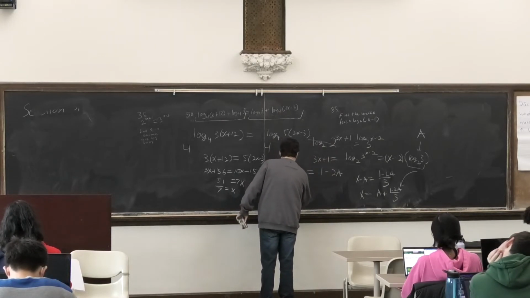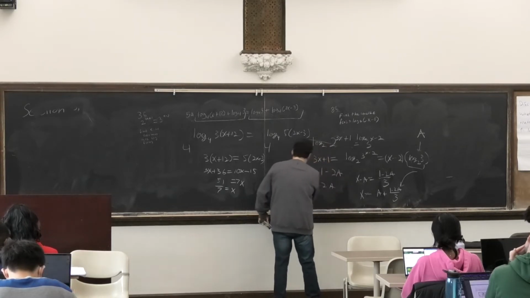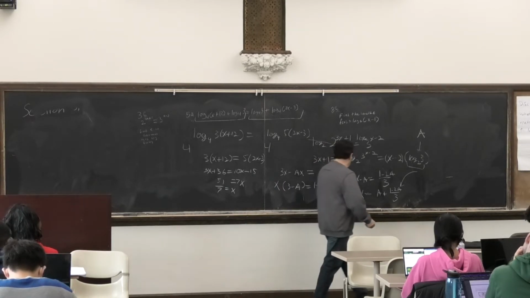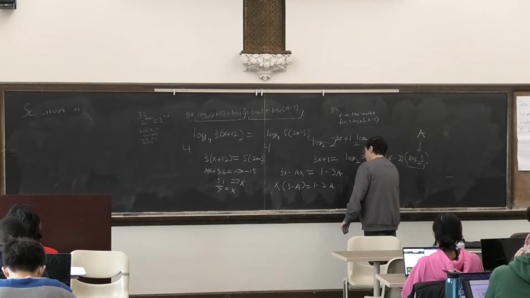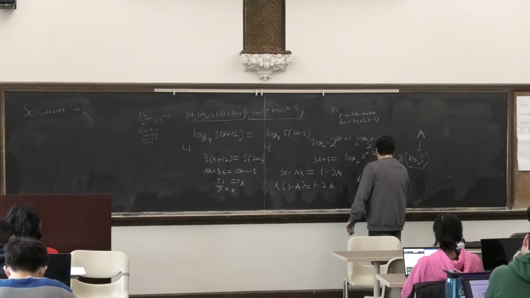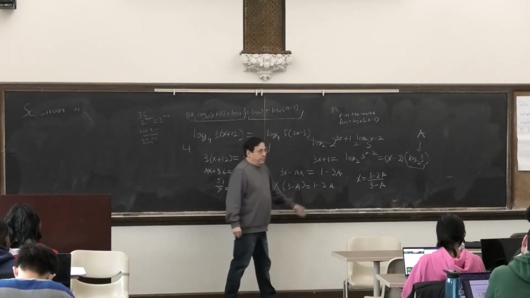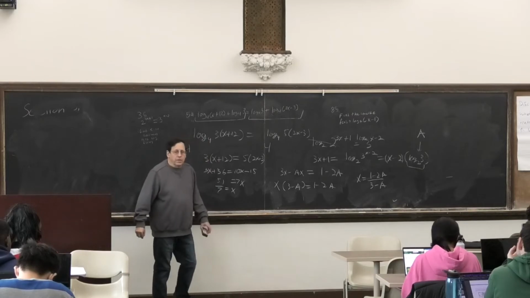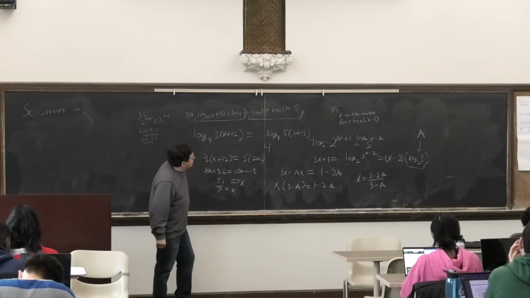X times 3 minus A equals 1 minus 2A. Okay, there, it's much easier. So X is just immediately X equals 1 minus 2A over 3 minus A. And then you plug in. All right. Okay,